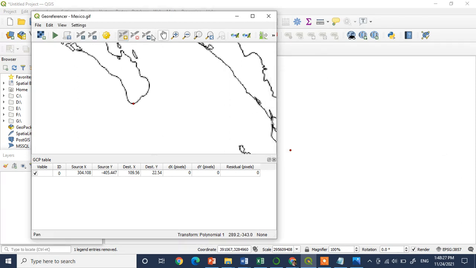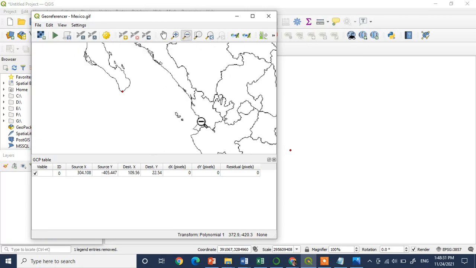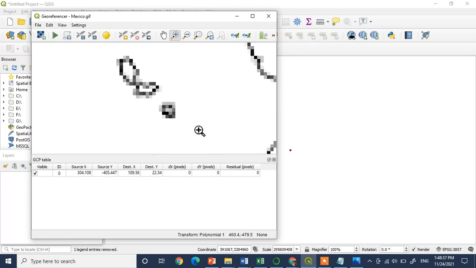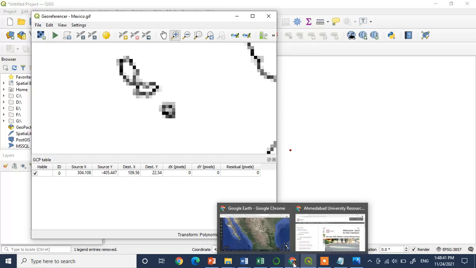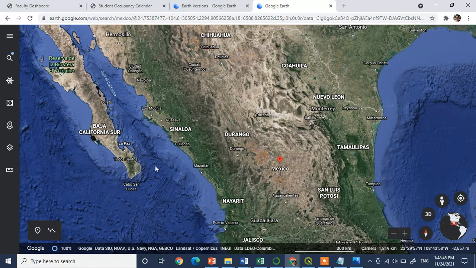Now the second coordinate that I want to take is, cancel this, by mistake it is selected. So zoom out, again zoom in on the area which you want to check. So this is my area for which I want to set the second coordinate, and I am taking the second coordinate from that area.